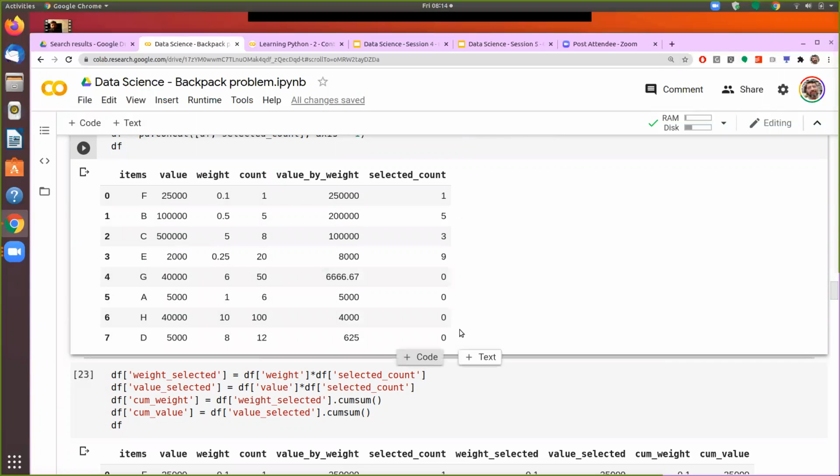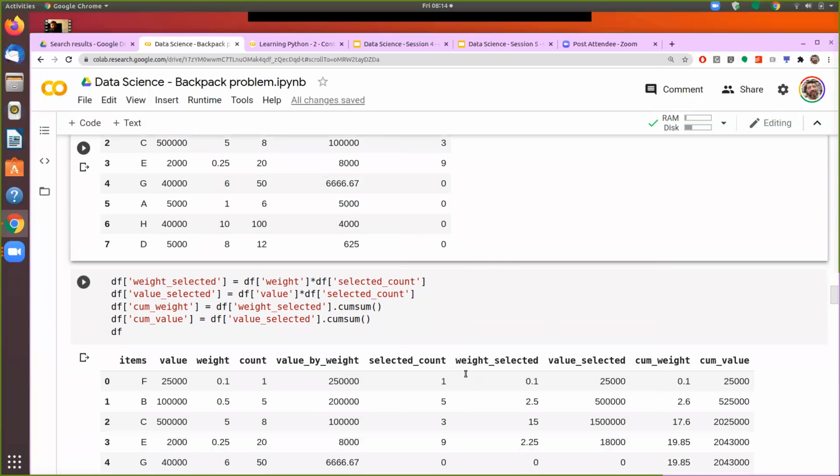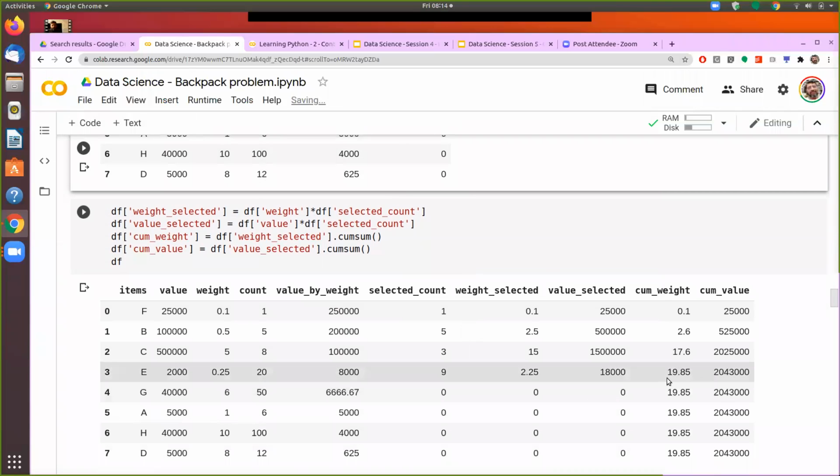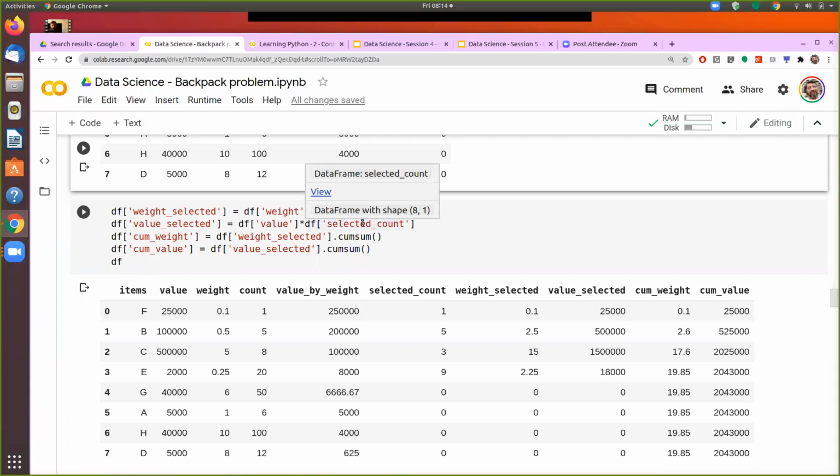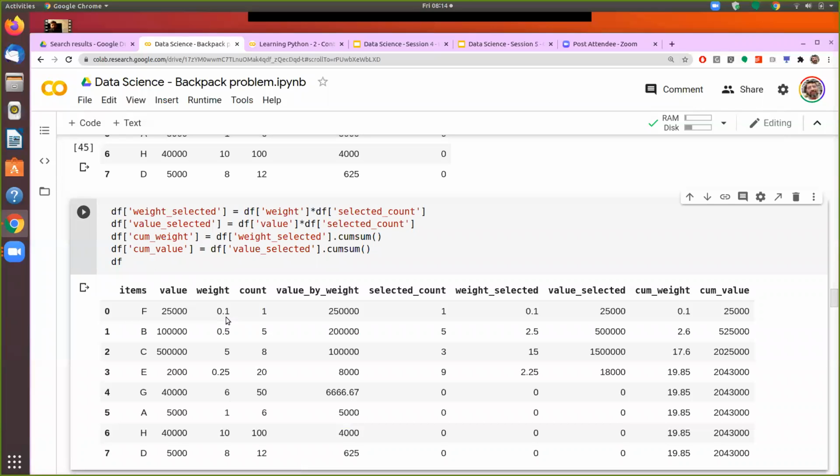But having done that, I would like to see what is the cumulative weight that I have selected. And then I do the same type of operation. I create a column, weights selected, where I multiply the weight with the selected count and some more operations, and then I get the result.